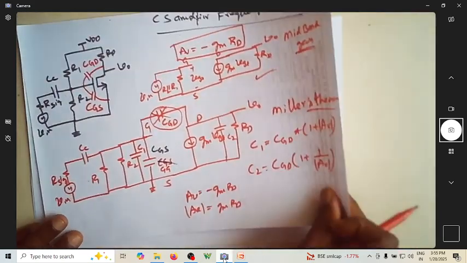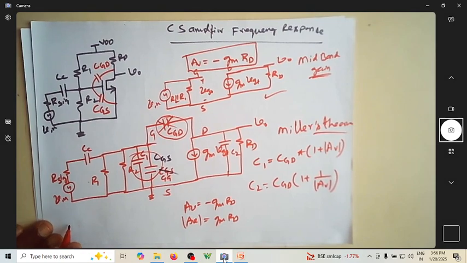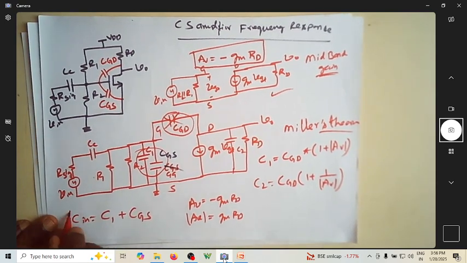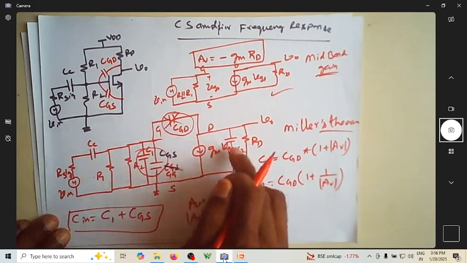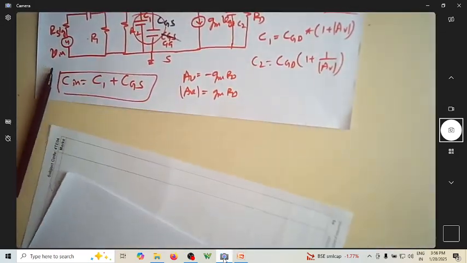Since these two are in parallel, I can write the entire capacitance as Cin, which is nothing but C1 plus CGS. So this is my input capacitance. At the output capacitance I have C2. So I can rewrite this entire